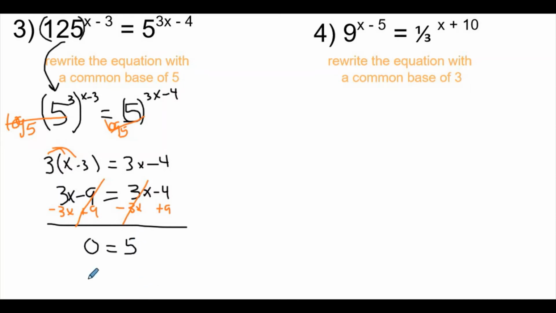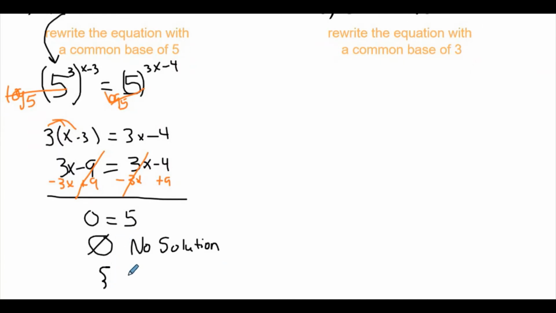And you may remember what that means. That is the empty set, or otherwise known as no solution. Keep in mind that empty set in an Algebra 2 class, because this is the Algebra 1 way to say it, could be written as literally a set of nothing. So all of these things basically mean there's no answer,